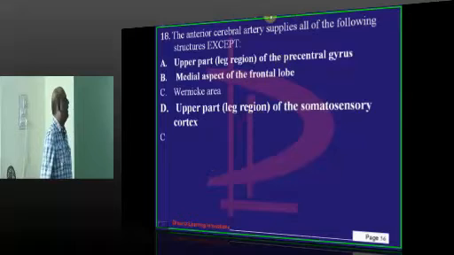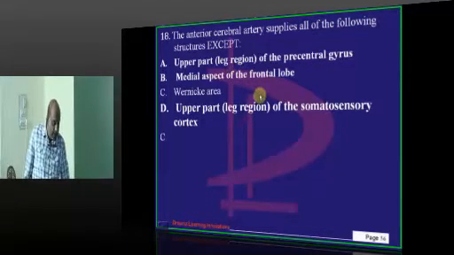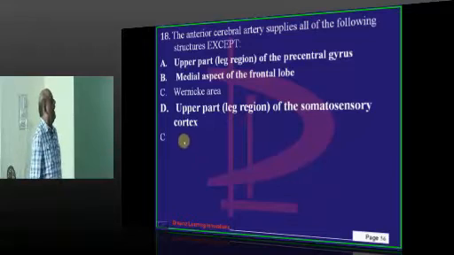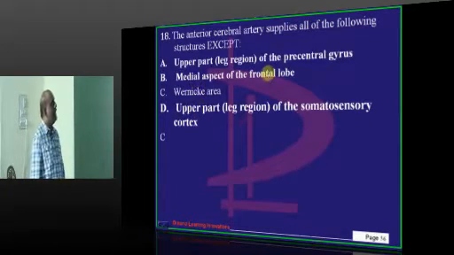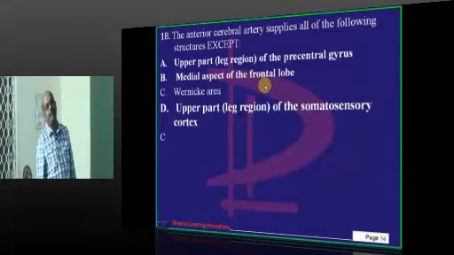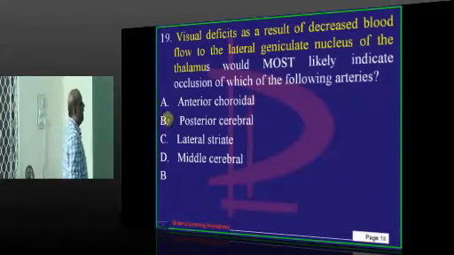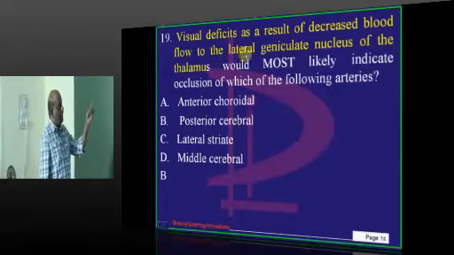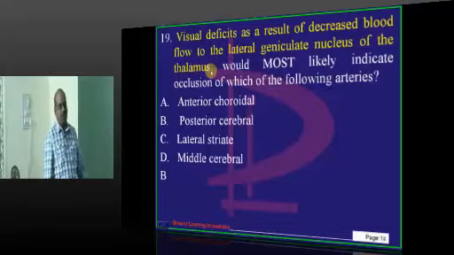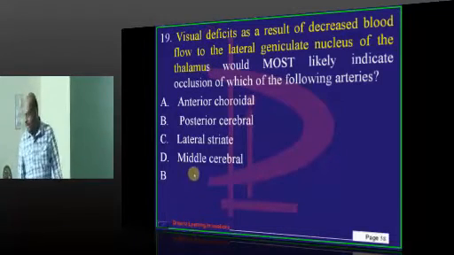Right? So, the upper part of the precentral gyrus where the leg region is represented, and the upper part of the somatosensory cortex and the medial aspect of the frontal lobe, they are all basically supplied by the anterior cerebral artery, is what needs to be remembered. Lateral geniculate nucleus of the thalamus. Typically there is